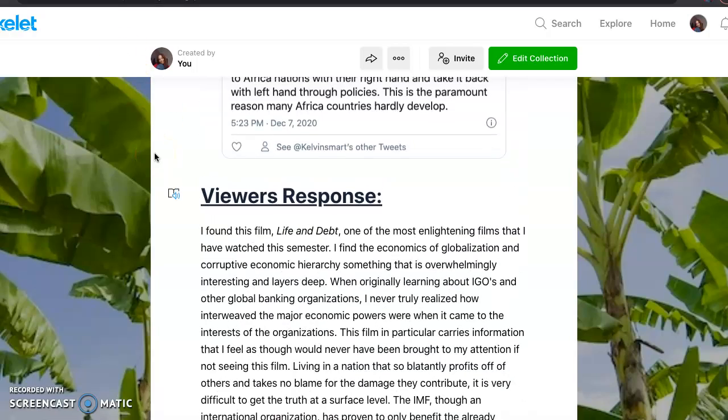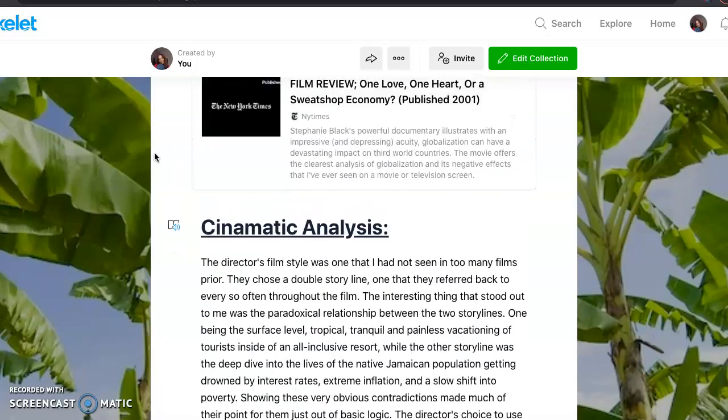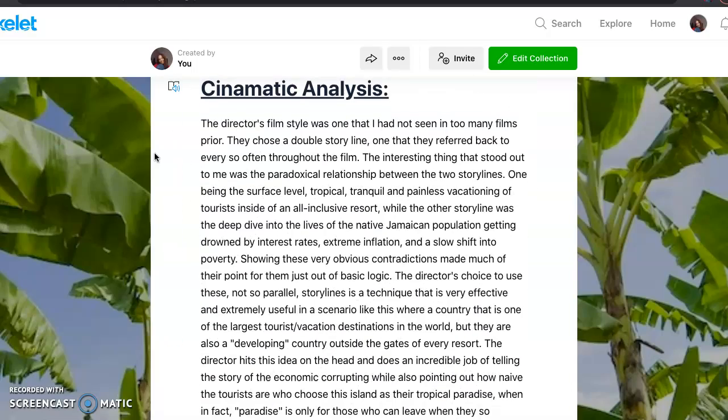In addition, through the cinematic response here, the director, Stephanie Black, did something super awesome, which I think gets her point across so eloquently without actually saying the words. She was very blunt, but not to the point where she had to point it out herself. So what she did was create two separate storylines. It was a two-storyline film, and they would reference back to one another throughout the film. And one was the